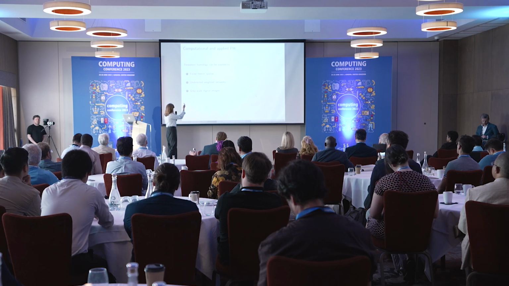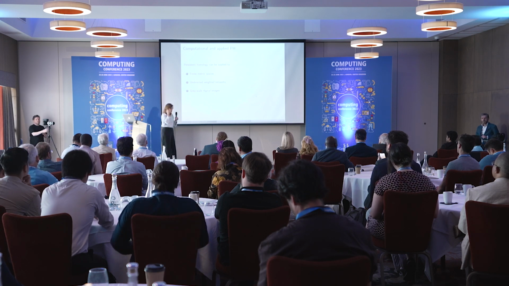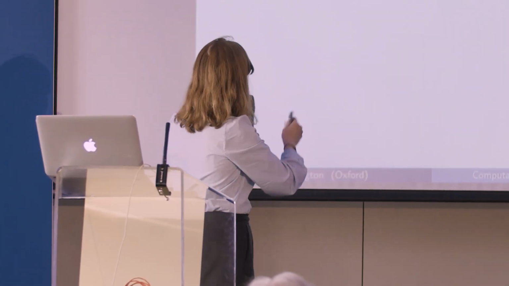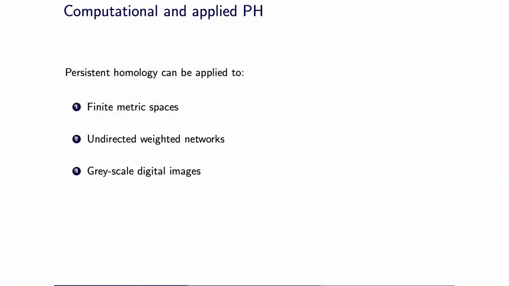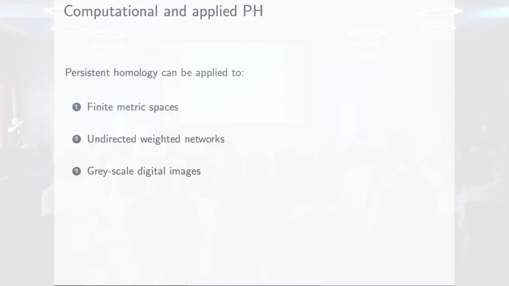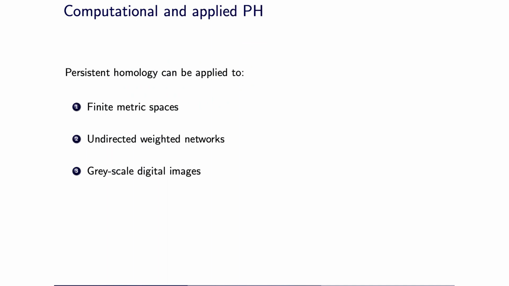Many neuroscientists are using these types of algorithms because you look at fMRI networks, and these are weighted networks, so they're using that here. Grayscale digital images, that's for the single parameter persistent homology, and it's a little bit more complicated because you build slightly different complexes, these weighted, but it's very flexible is what I wanted this slide to show you.